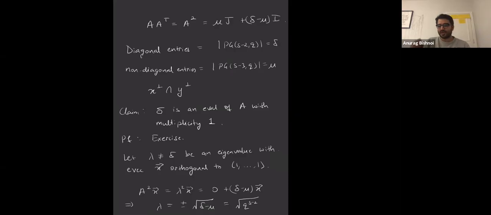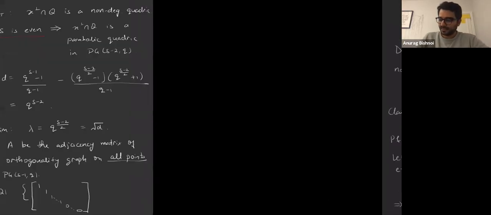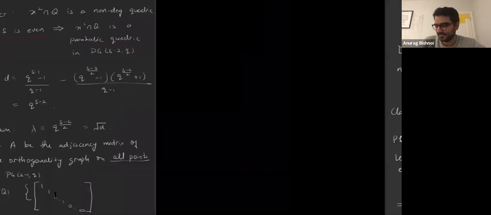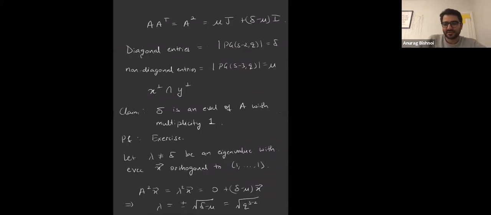Okay, so now we have an eigenvalue of this matrix A. How do we use it? This is not an SRG because of the loops, exactly. Thanks, Abby. So this is not a strongly regular graph because we have loops in this graph. Otherwise, if you have three distinct eigenvalues and a regular graph, that implies you have a strongly regular graph. Yeah. Nice. Okay, so this is not a strongly regular graph, but our graph is an induced